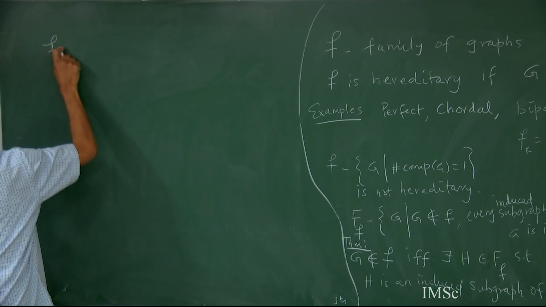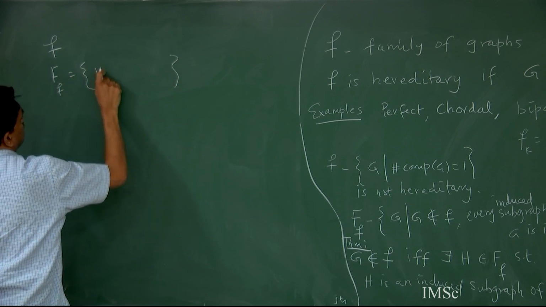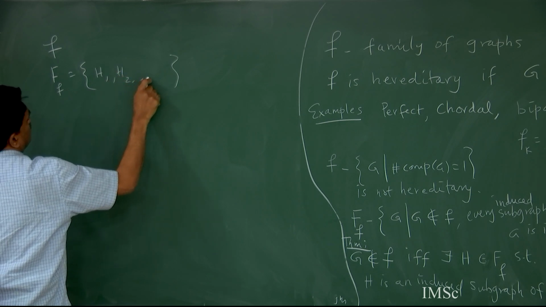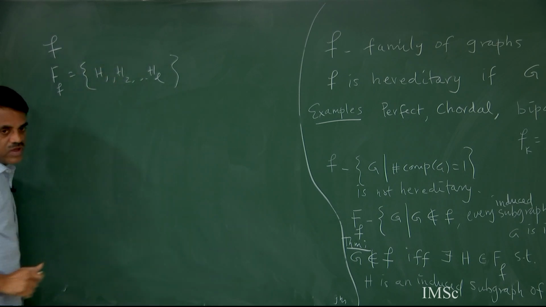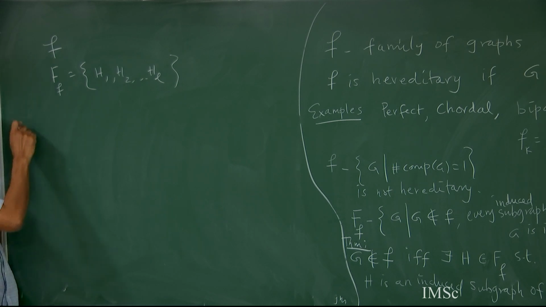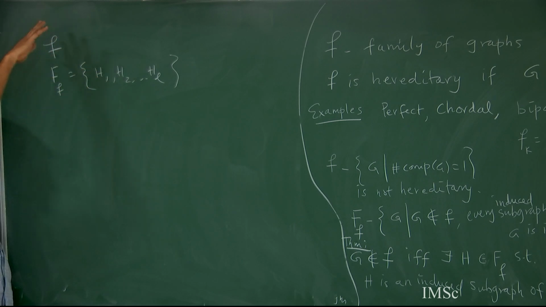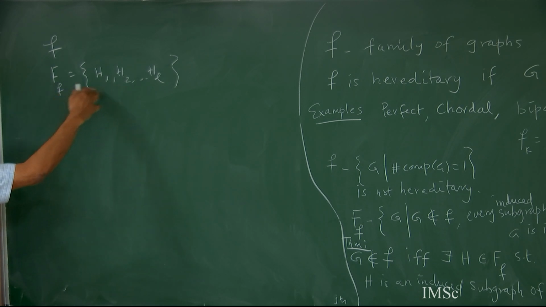So I have this family and somebody has given me this finite forbidden set for this family, right? So now these graphs are properties of the family. It has nothing to do with your given graph, because I haven't even given you a graph, you have given this family. It is just a function of this family. So I can, the largest size of any of these graphs may be some